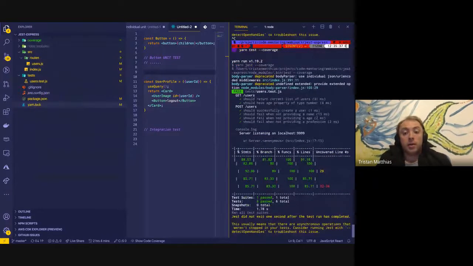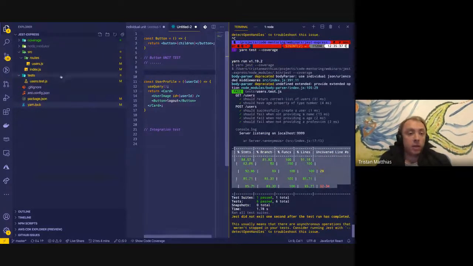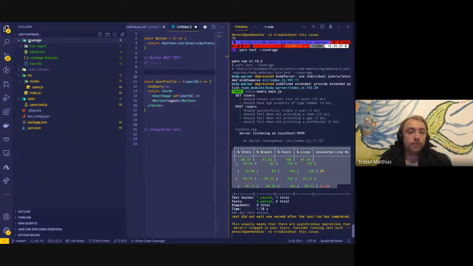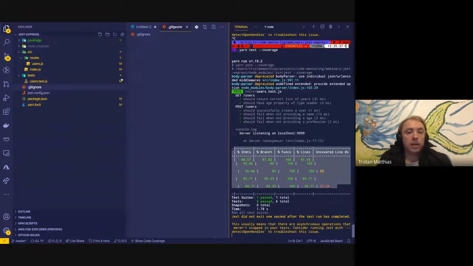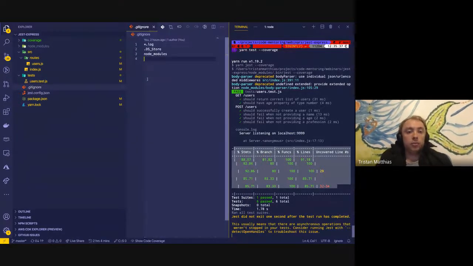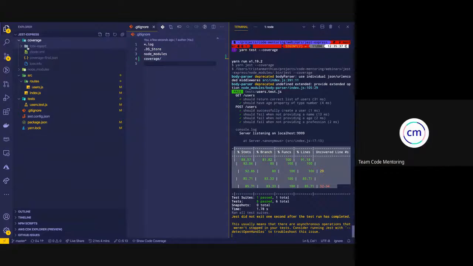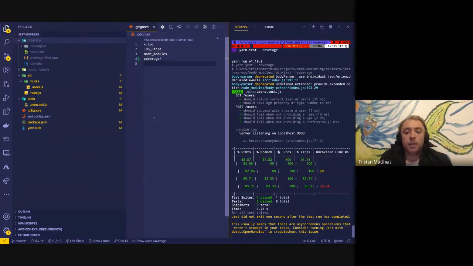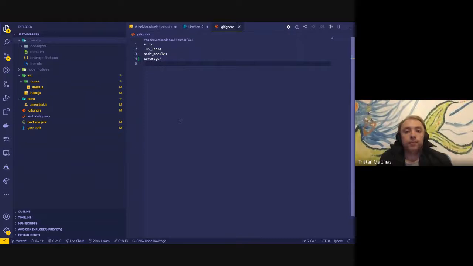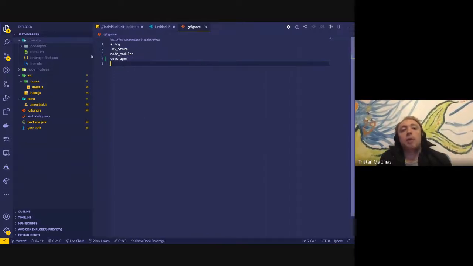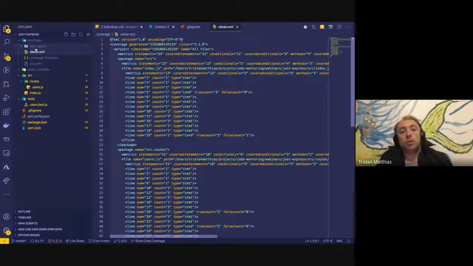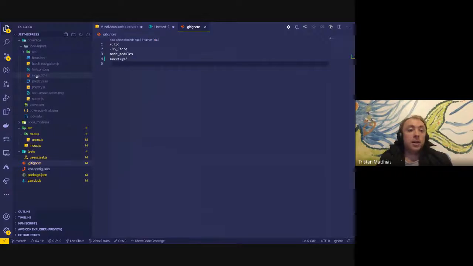So you see here how it's created this document here and this new folder. Look, I'm going to add that to gitignore. So if you open up this folder, Jest, this coverage. Yep, this is part of Jest. Okay. There are other frameworks that have it too. As I mentioned, Jest is a combination of many different things. So we have this. If you open up this report and you go to this index.html file,